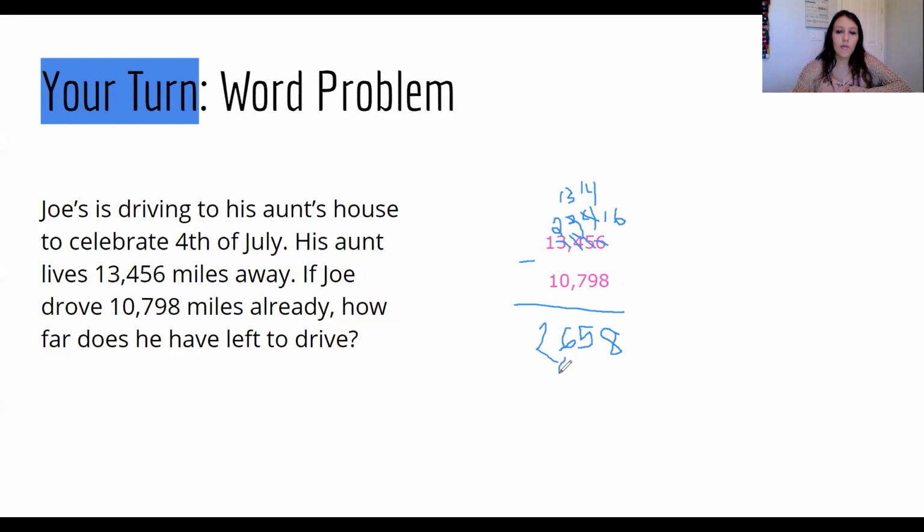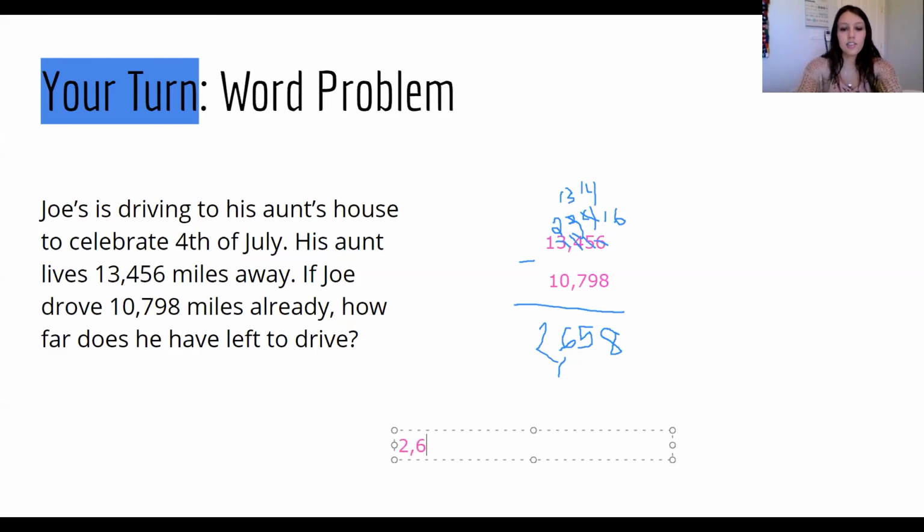And then we need a comma, since there are 3 digits starting from the right. We need to put our comma there in order to distinguish our thousands from our hundreds and the rest of the place values. And then 1 minus 1. 1 minus 1 is nothing, right? So we don't need to put any answer there for that. So we now have our answer,